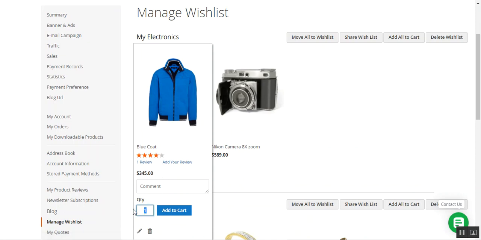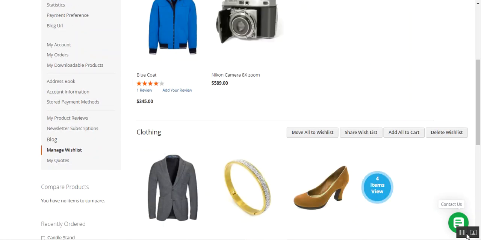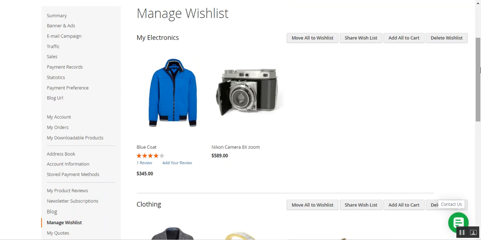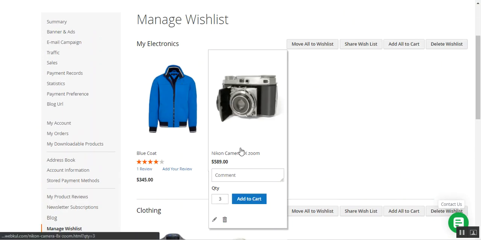For example, I want to set the quantity for this as 2. For example, if you want to update the wish list product, we have this Nikon camera with a quantity of 3. If you want to make adjustments to this particular product,